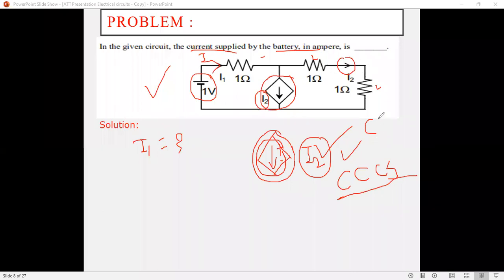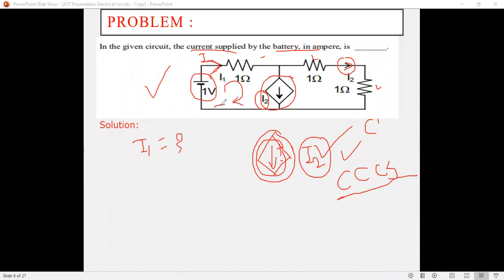So it is called as current dependent current source and current controlled current source. First, understand the source, because after understanding the source, you will be able to solve the problem. Now see here, this branch current is nothing but I1, this current is nothing but I2. Already the direction is also given, so choose the direction and assign the current in each loop.